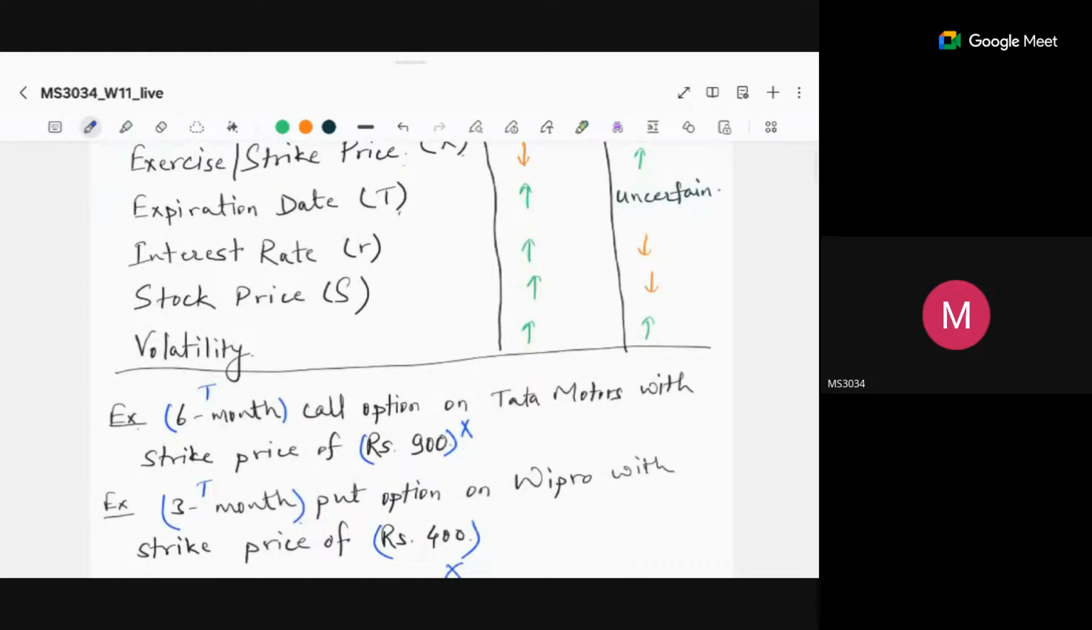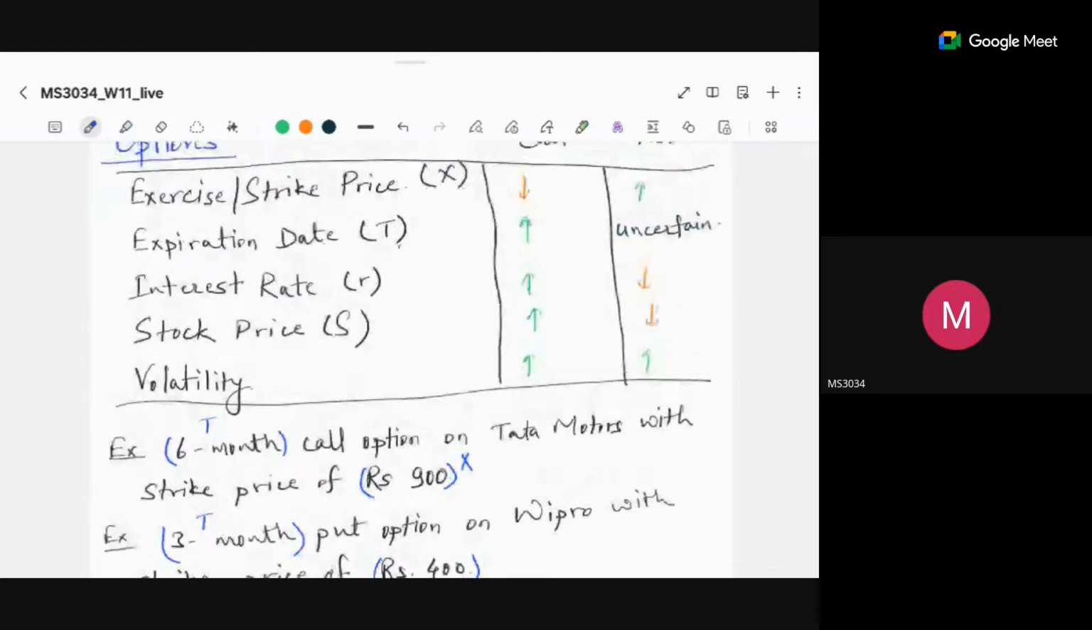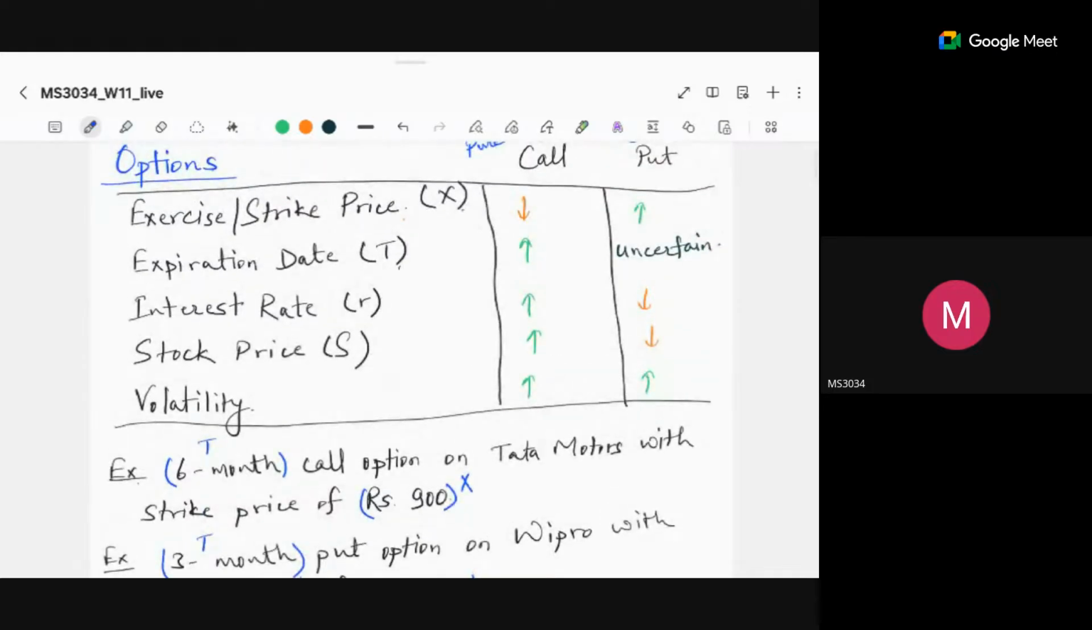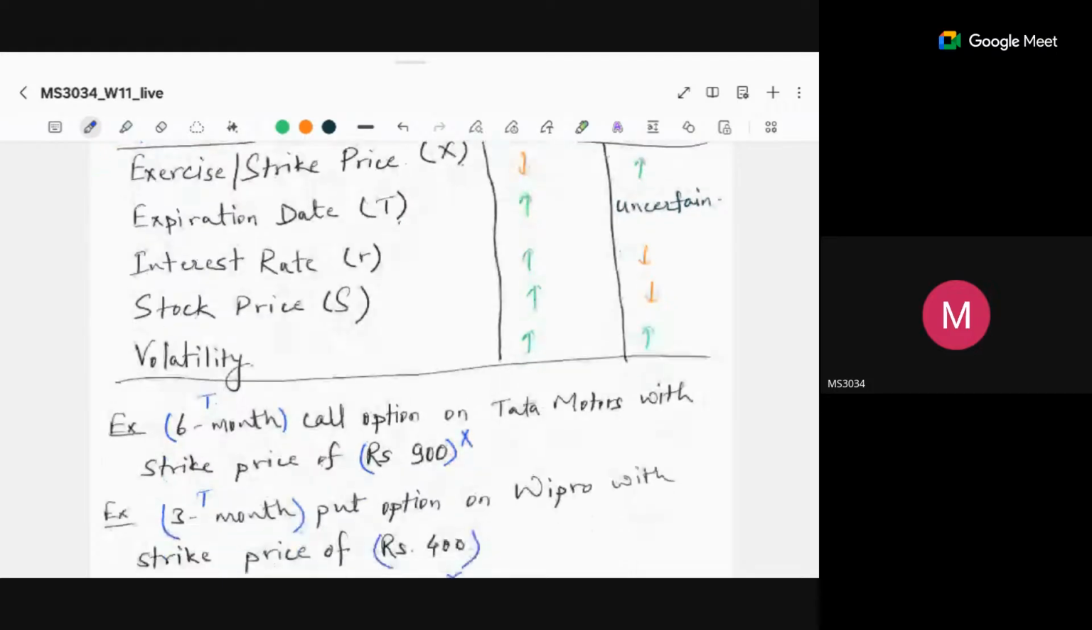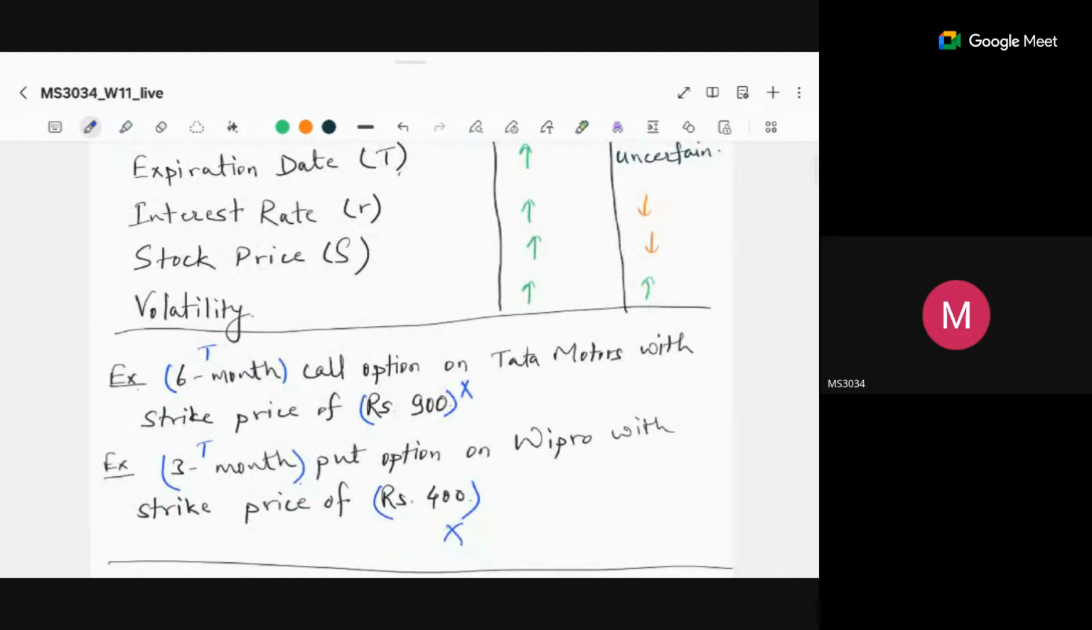So let's first take two examples, one for a call option and one for a put option. And this is the notation which we are going to follow throughout this session. For strike or exercise price, we will use capital X; for expiry date, capital T; for interest rate, small r; and for stock price, we will use capital S. So for example,